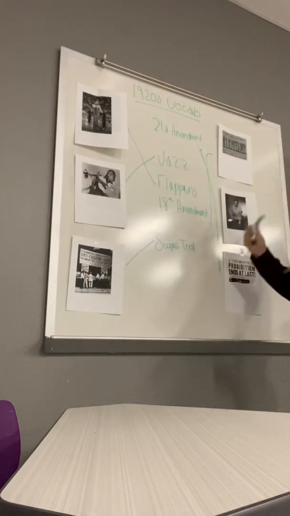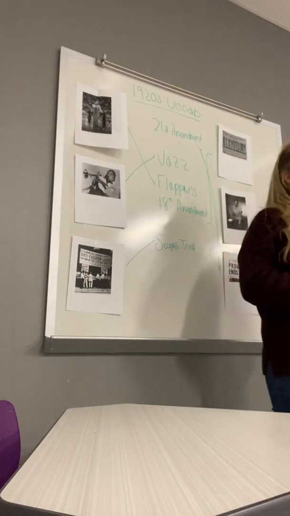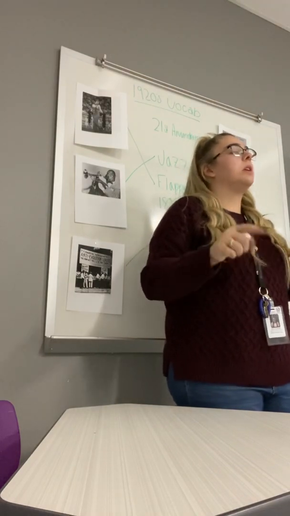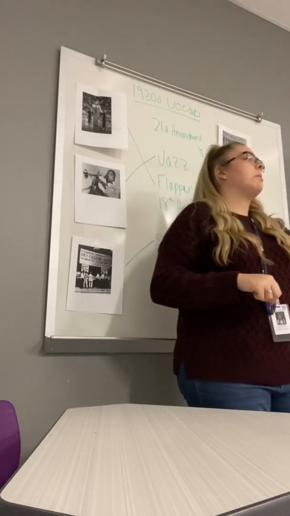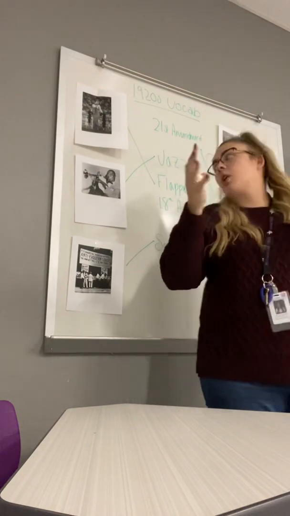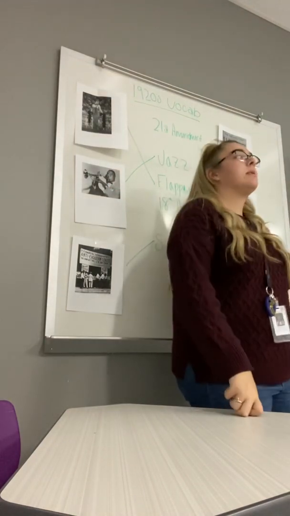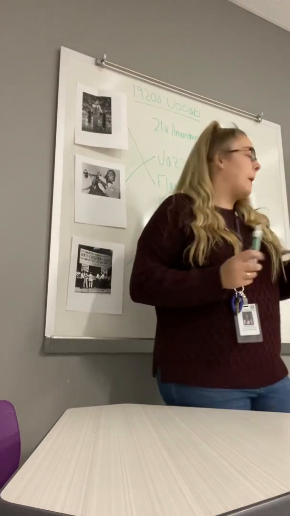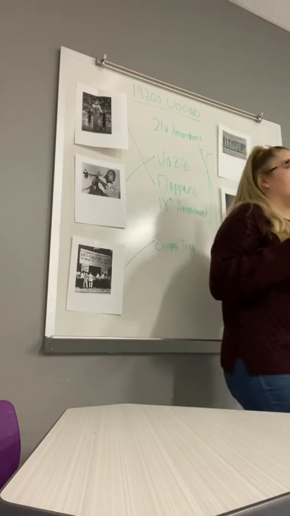So here is the vocabulary. These are some of the top main vocabulary words. I know we talked about a few other ones last class, but we will continue working on this. We will start maybe doing some projects with them. Somebody might be talking about flappers. Somebody might be doing a PowerPoint or project over the Scopes Monkey Trial, over jazz music. Somebody might be able to come in and play the saxophone. Who actually knows? Because it definitely isn't me, because I can't play the saxophone. But we will continue working on this, and good job, guys.